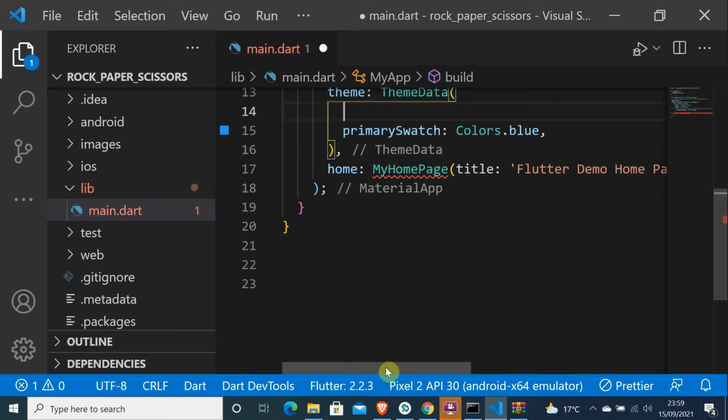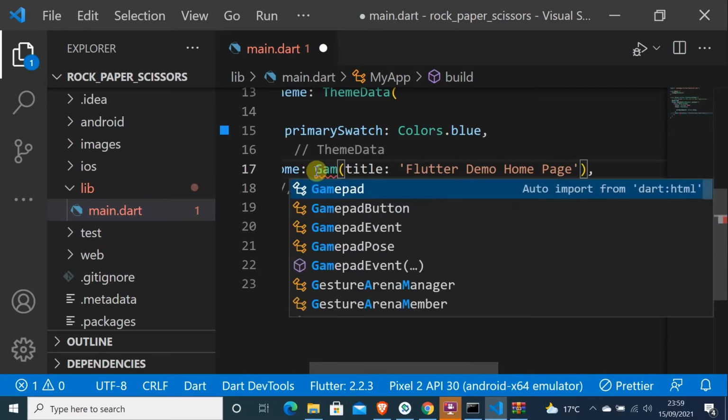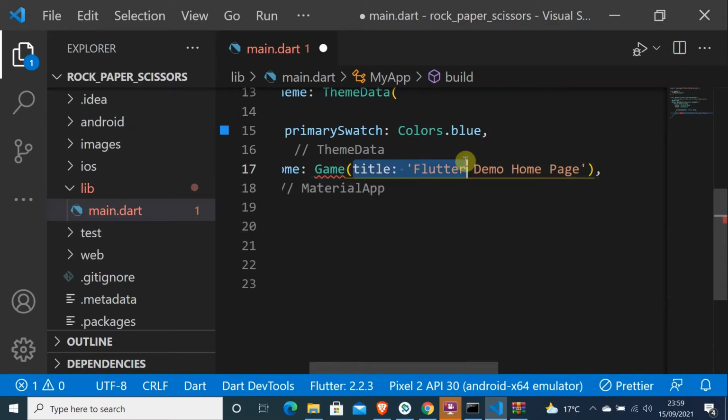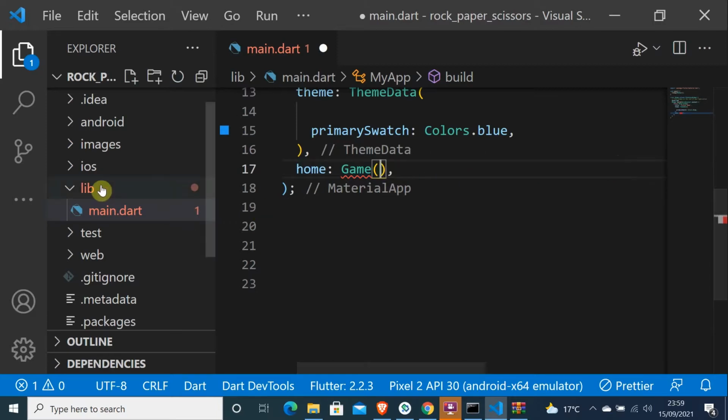And here, my home page, let me call this game, and let me delete this title here, and let me create another file called